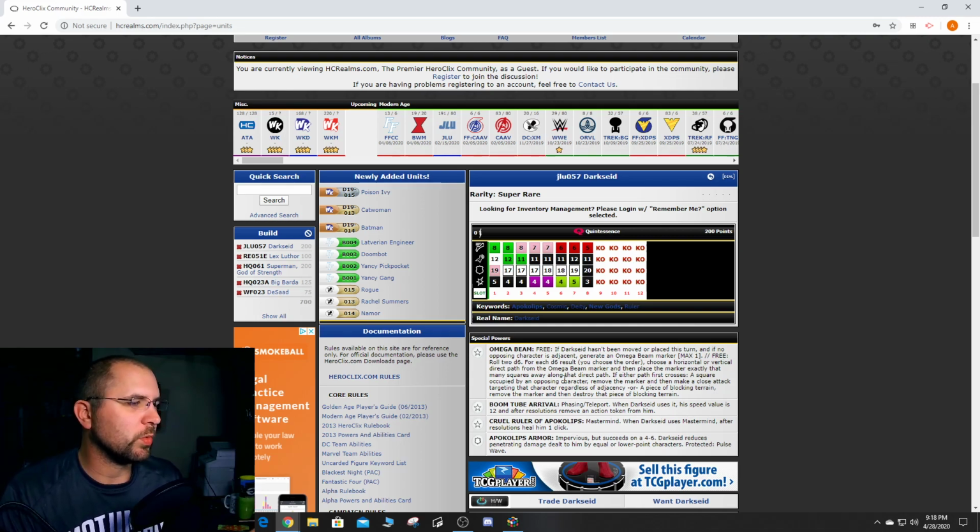Then he's got Boom Tube Arrival, which is phasing teleport. When this character uses it, his speed value is 12, and then you remove an action token from him. And then he's got Cruel Ruler of Apokolips. He's got Mastermind, and he heals after he uses Mastermind. And then Apocalypse Armor, which basically lets him get Impervious on 4 through 6,